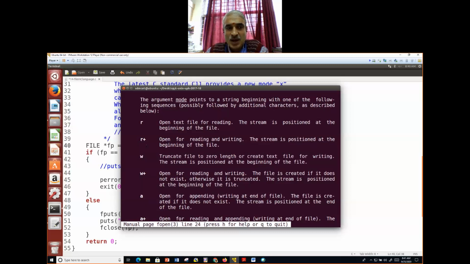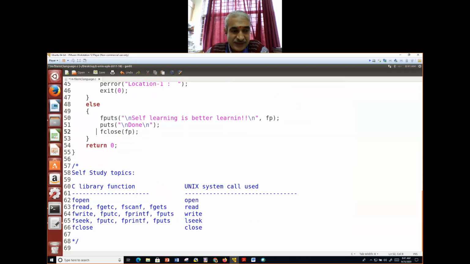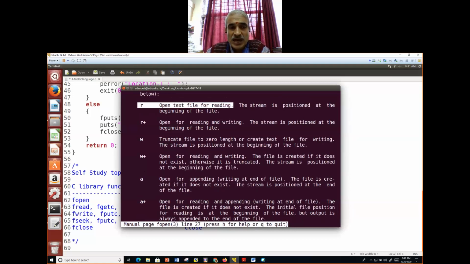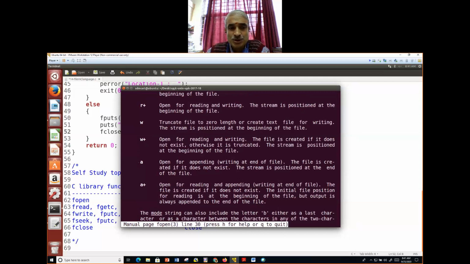Now when I say R, it opens a text file for reading. I used fputs, so what is its equivalent for reading? For reading we have fread, fgetc, fscanf, fgets. I used fputs, you read using fgets. Read the string into a variable and display it. You have to experiment on that, not me. There is W, which we used somewhere. Now look at your question.